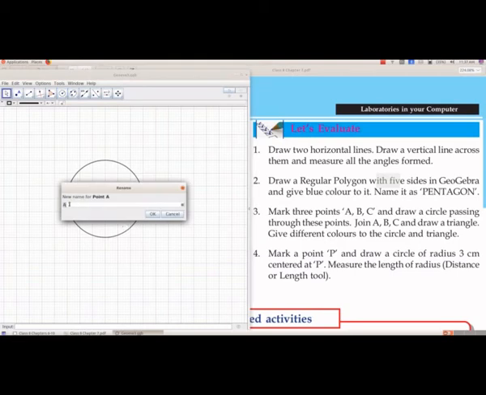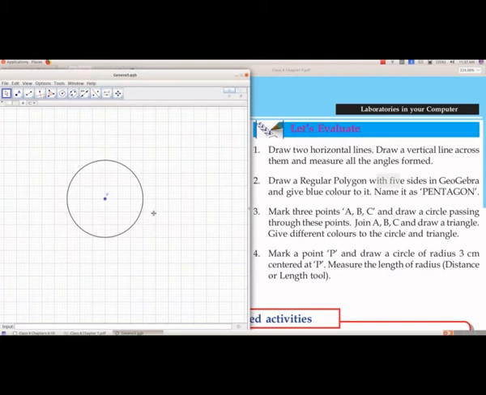We got the value as A. We will rename this as P. So now we got the point as P. When we give the option show label, we will get the point as A, and then you have to select that point, right click, and then rename that.